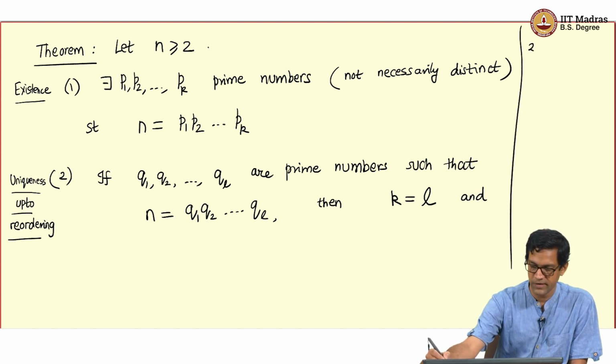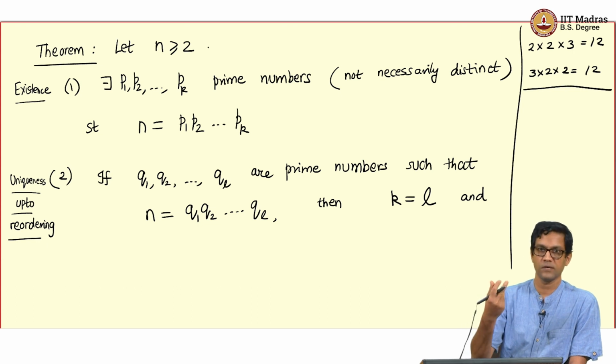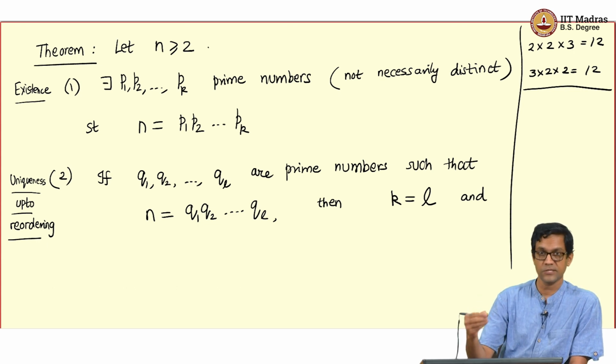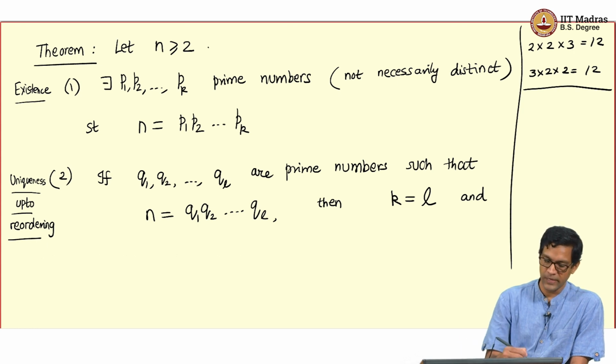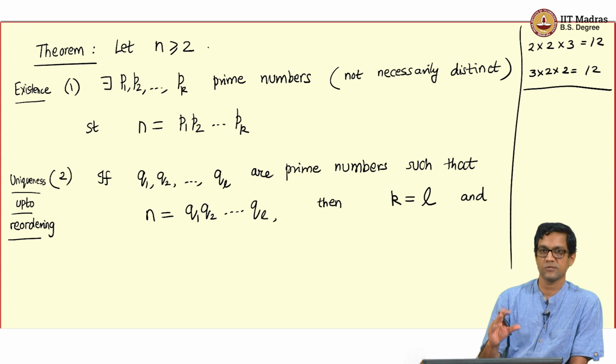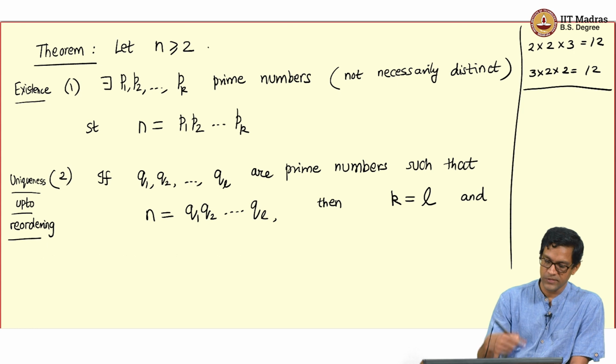So, for example, the thing we did for 960, or let us take a smaller example, if I had 2 into 2 into 3, that is 12. I could find another expression as 3 into 2 into 2. All I have done here is take essentially the same factors, but permuted the order in which they occur. Of course that's something I can always do, and what this uniqueness says is that that's the only thing that can be different. If you write another list of prime numbers, then they coincide with the first list after you have reordered the factors. So let us complete this sentence: